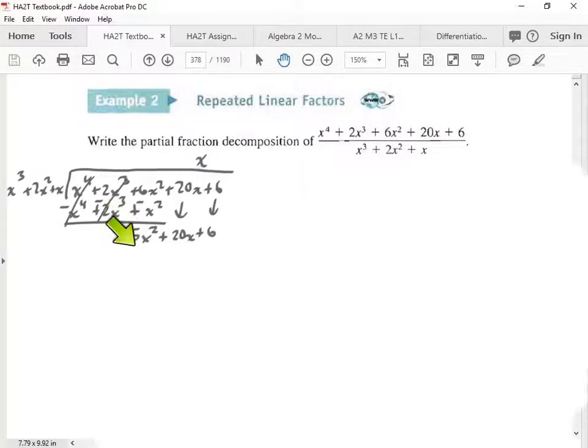Can we divide 5x squared by this? No, we can't. That means it's our remainder. You don't have to go any farther, right? We got 5x squared plus 20x plus 6 divided by x to the 3rd power plus 2x squared plus x. Take that all in, guys. All right. So our answer to this fraction decomposition is going to be x plus,